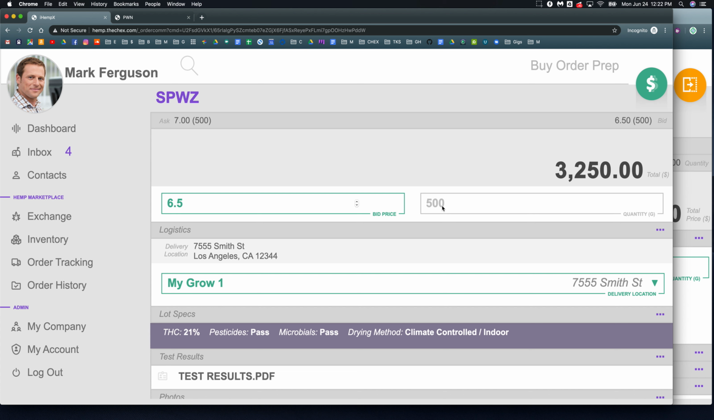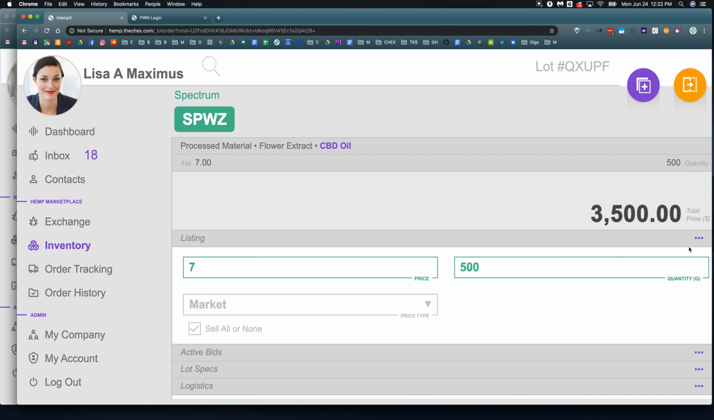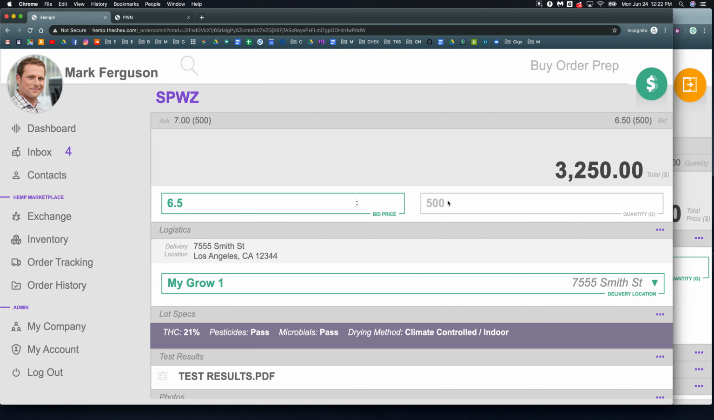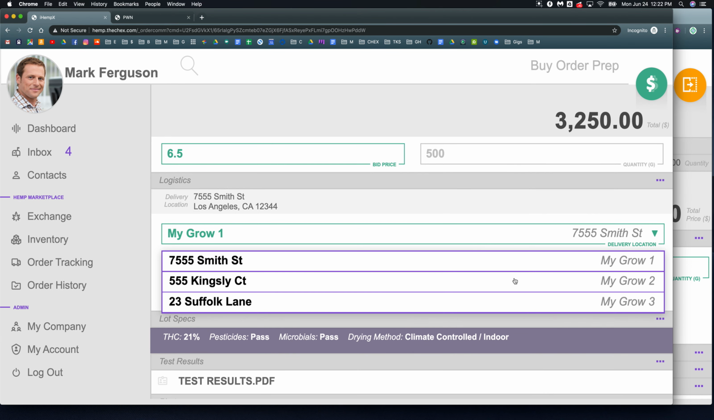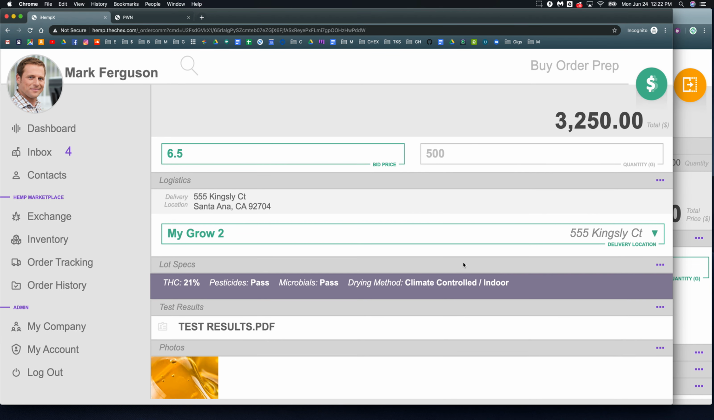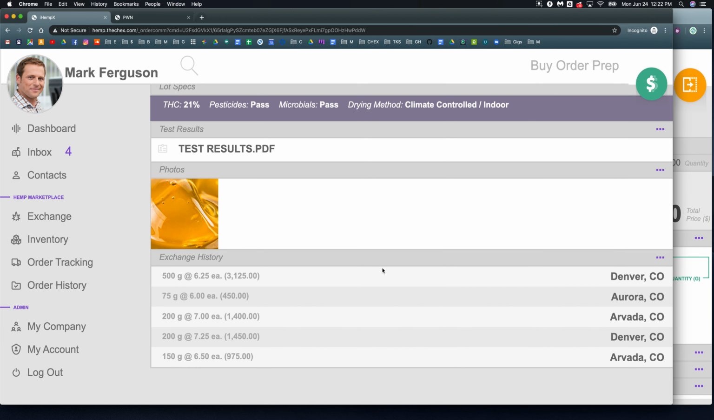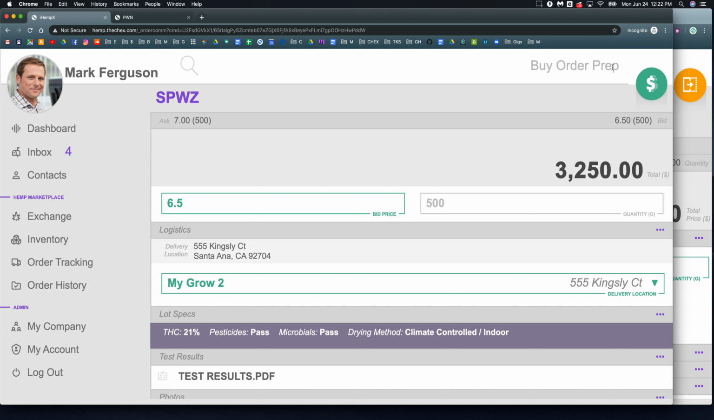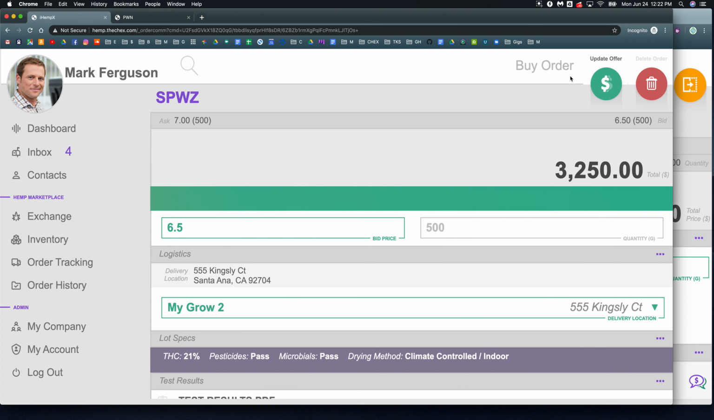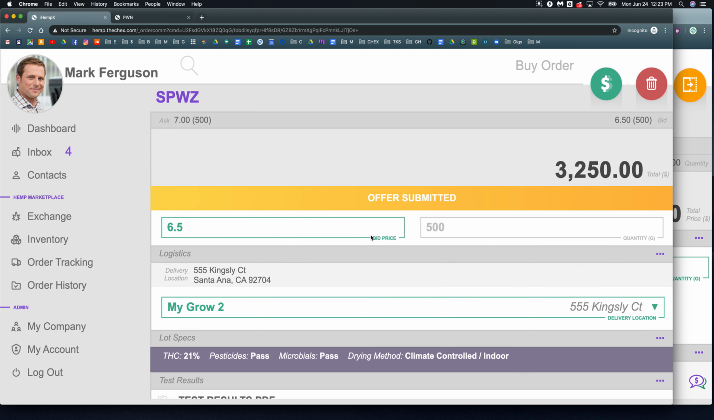The quantity is disabled from editing because Lisa had set sell all or none on the lot. So we have to bid on the full 500-gram lot. We're going to select our licensed verified delivery location. And over here we see the exchange history of the pricing at which this commodity product went for before and the lot sizes. So this is the buy order prep, and once we submit it, it just converts into a buy order. We get the message that the offer is submitted,